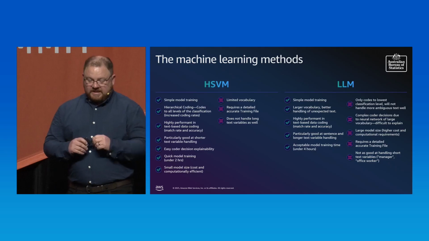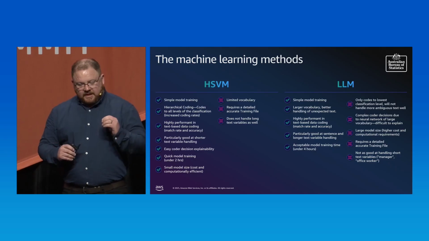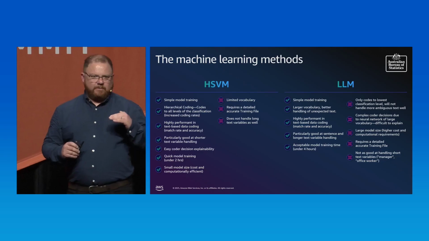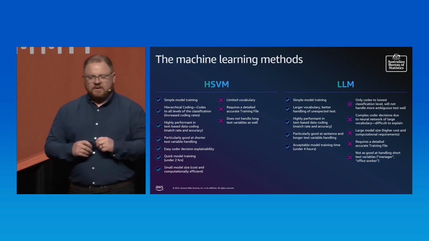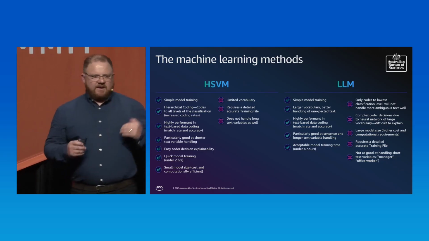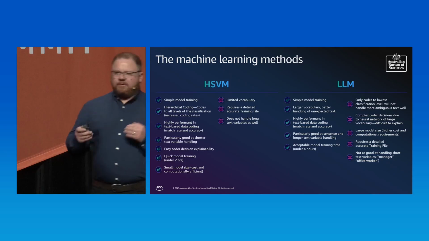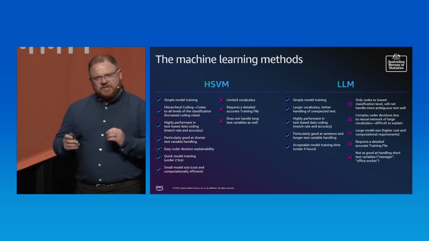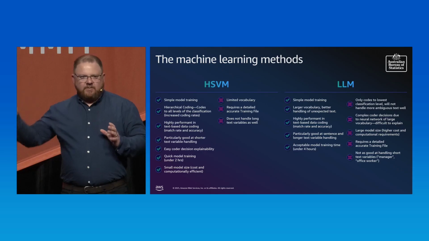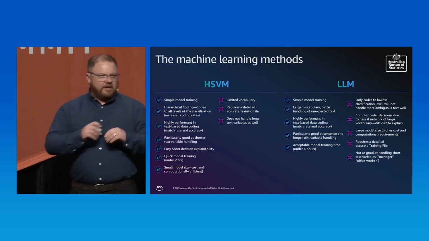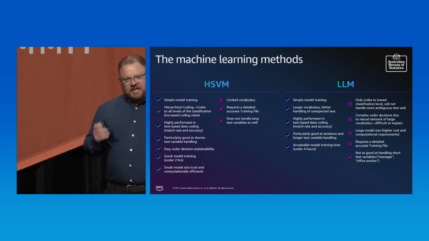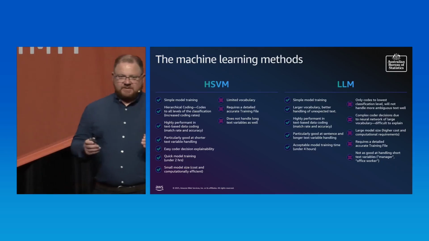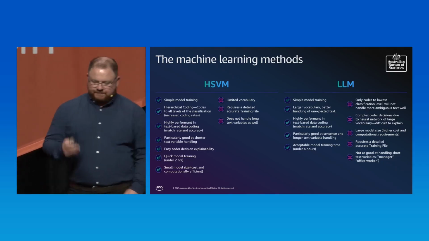But most importantly, and this is the key thing for us, is the ability to explain what the model is doing, and that's why we put a lot of weight in the HSVM method. The HSVM is trained on data that we control, using algorithms that we've created and that we understand and can unpack quickly. The large language model uses a language and a library that is outside of our control, using neural networks that are near on impossible to unpack. And that's a problem when we're producing official statistics that people want to challenge.